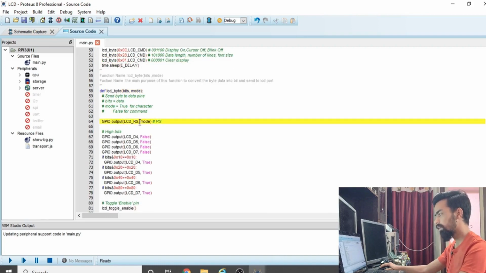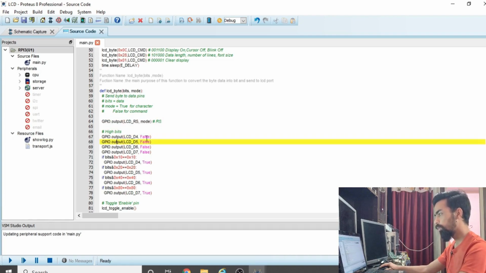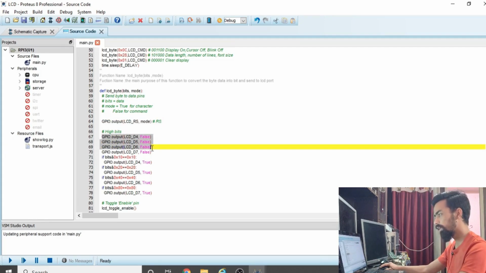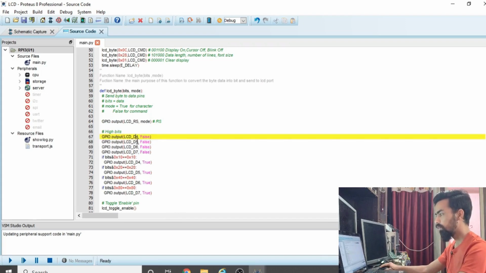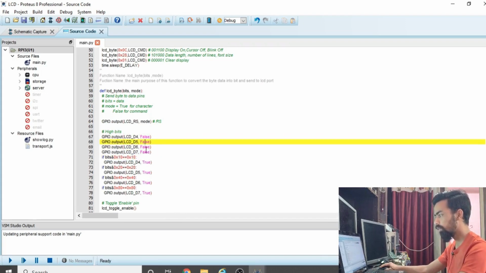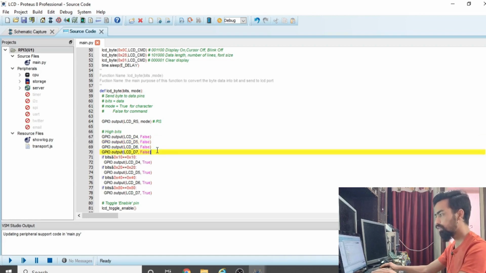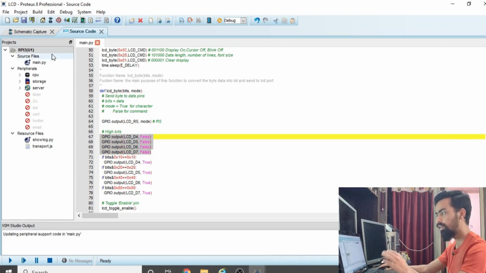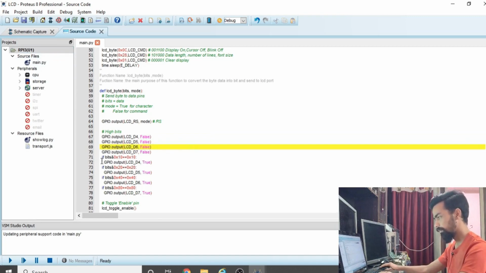The first part sets the mode as command mode. Then with GPIO.output, all our 4 pins, D4, D5, D6, D7, are set to False by default. This means a 0 signal is sent on the LCD D4, D5, D6, D7 by default.